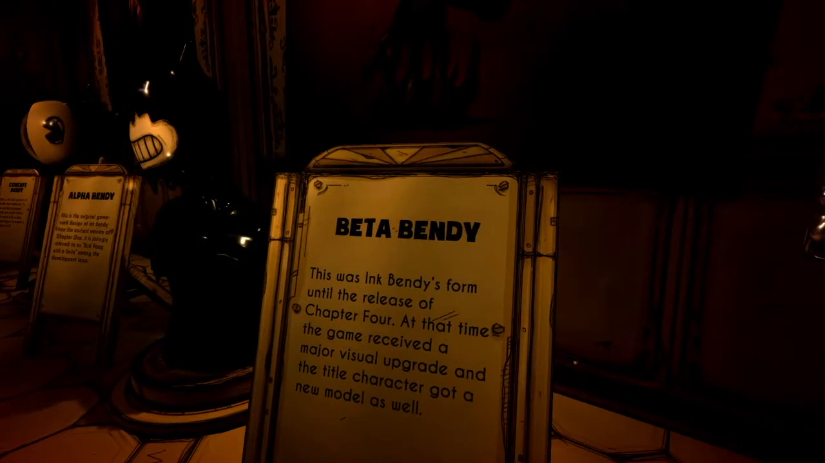This was Ink Bendy's form until the release of Chapter 4. At the time the game released a major vision upgrade, a title of the character got a new model as